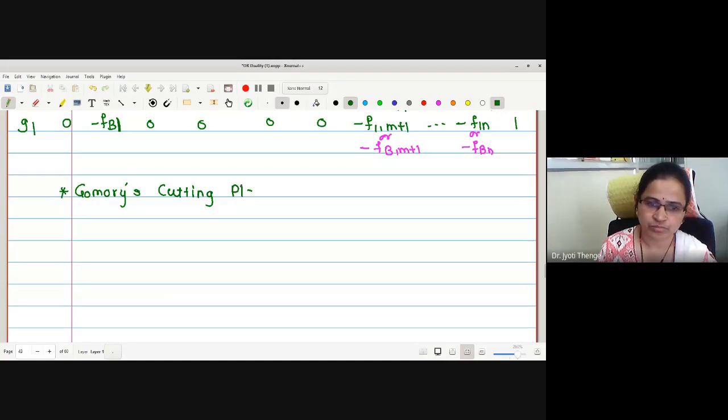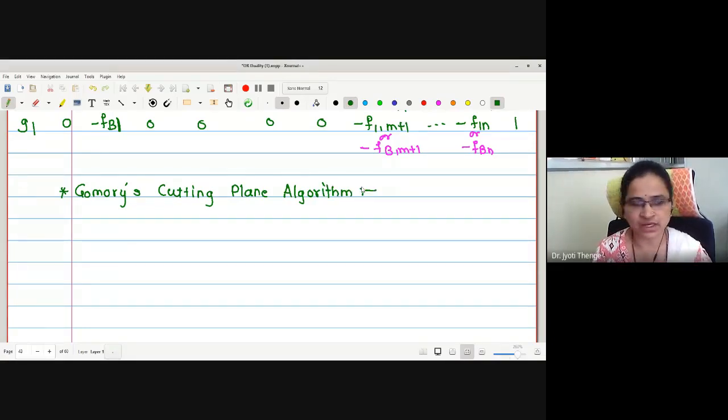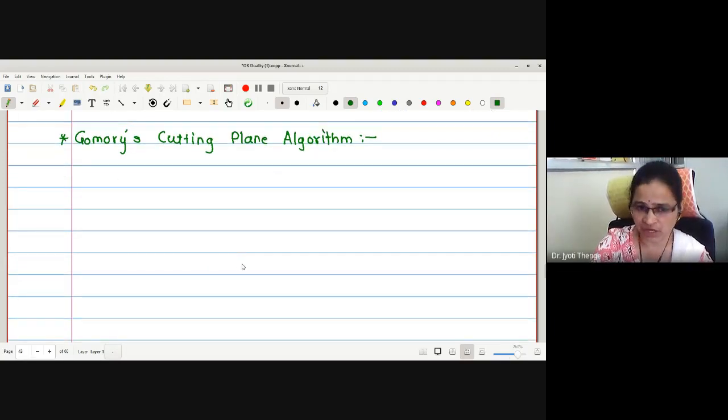Yes, ma'am. Now we will move towards Gomory's cutting plane algorithm. The algorithm is very easy. First, you have to solve the given LPP with the usual simplex method or whichever method is applicable. Observe the solution. If the solution is an integer value, no need to do anything. Stop and give me the final solution. If it is not an integer value, you have to select the row corresponding to the non-integer value. For selecting the non-integer value, we are going to use the criterion of maximum fractional part. Once we select the row, construct the Gomorian constraint, add it in the table and solve by dual simplex.